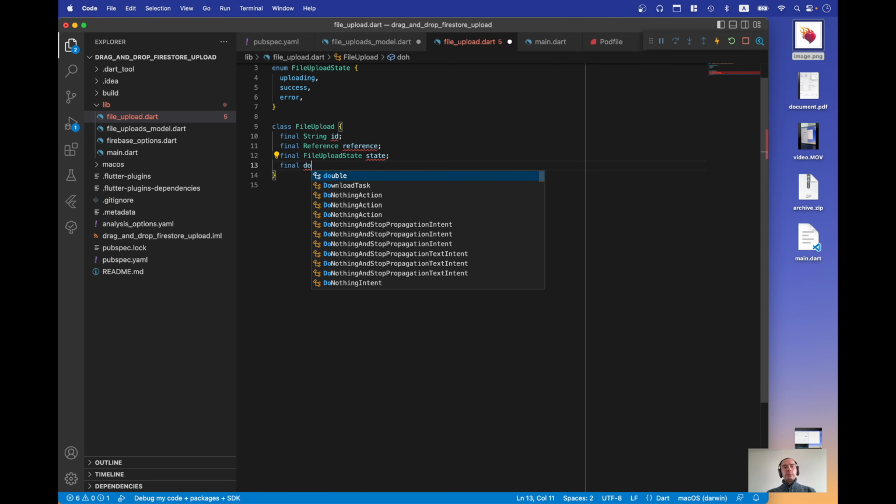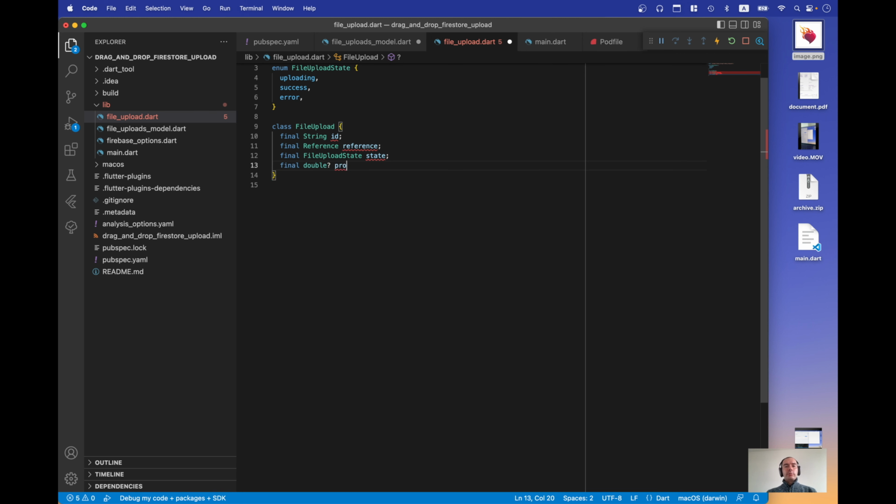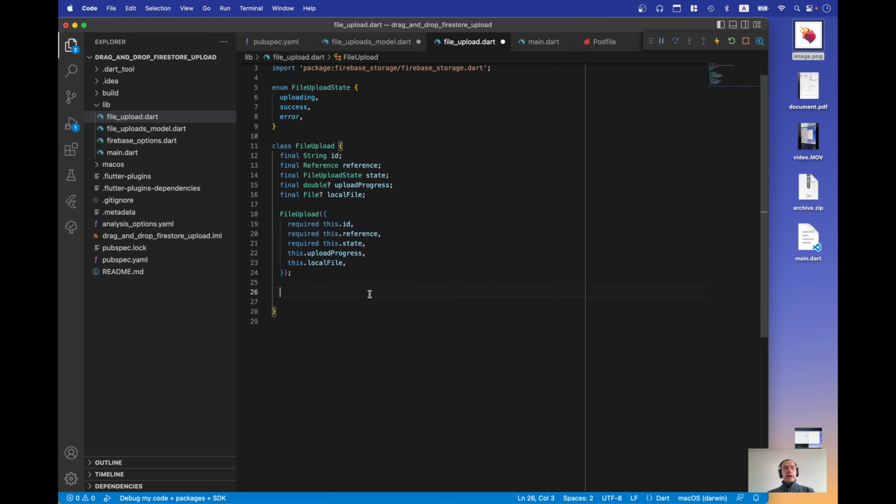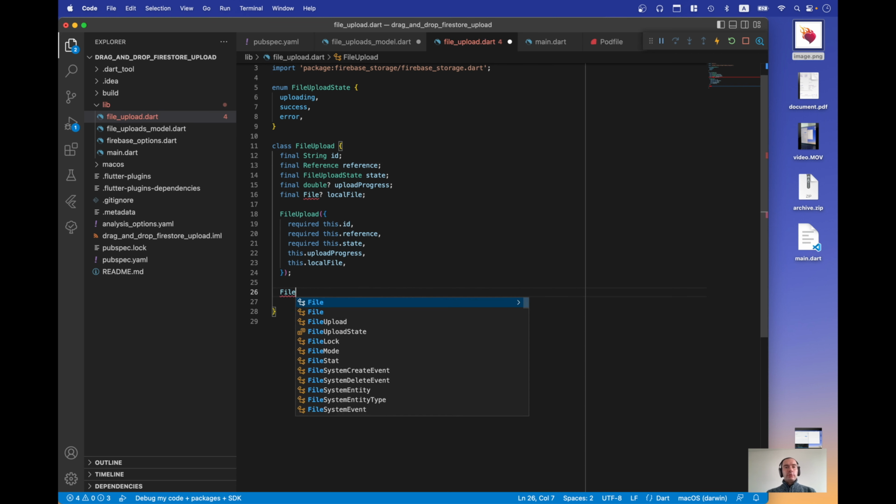And we also want to have actual progress. And there is a possibility we need to update our progress. So let's create